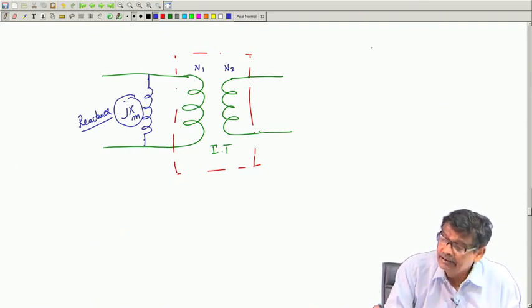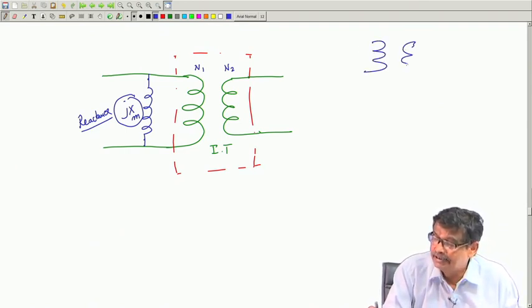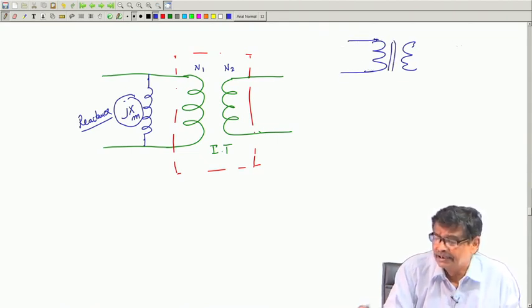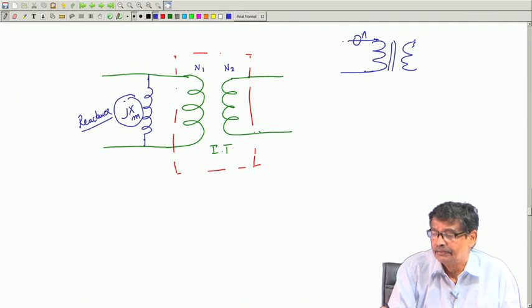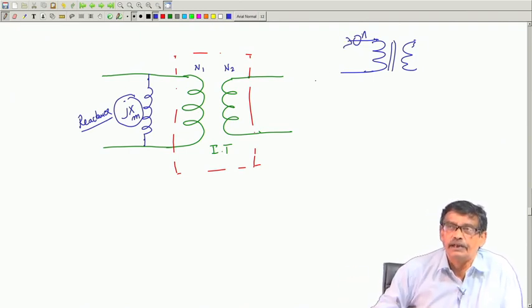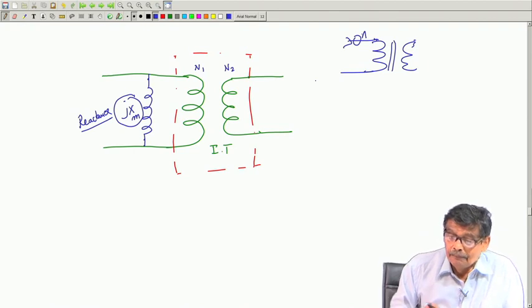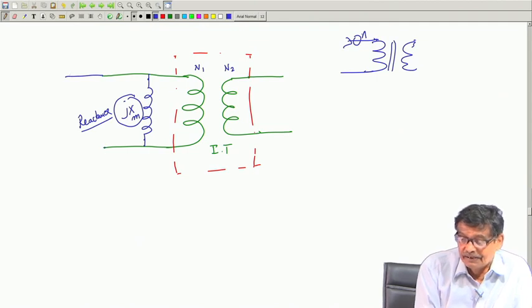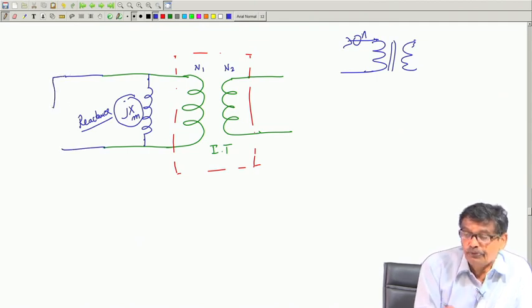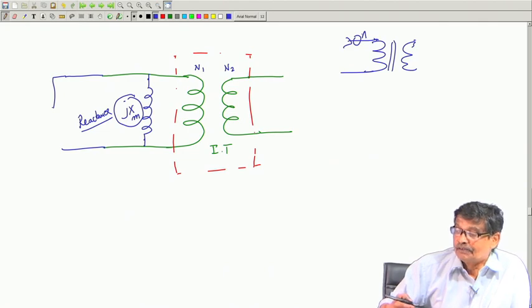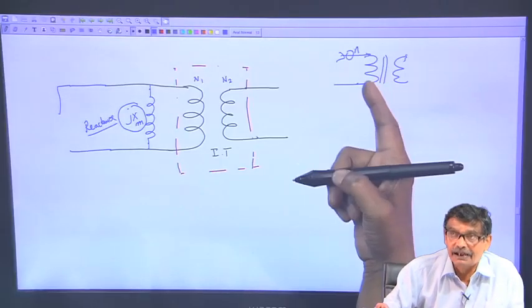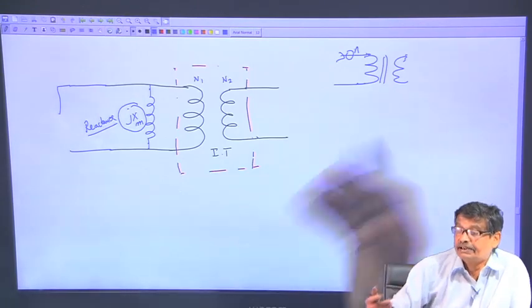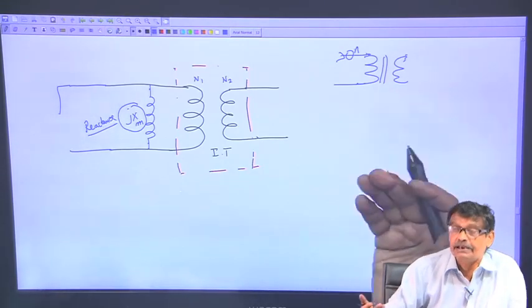That is what I am telling, that your practical transformer is like this. Here you observe that when nothing is connected, the ammeter shows the magnetizing current. When a load is connected, it will draw a current I1, which is Im plus I2 dashed. That is what we have seen. Let us see whether this model can faithfully represent whatever is happening in a practical transformer.